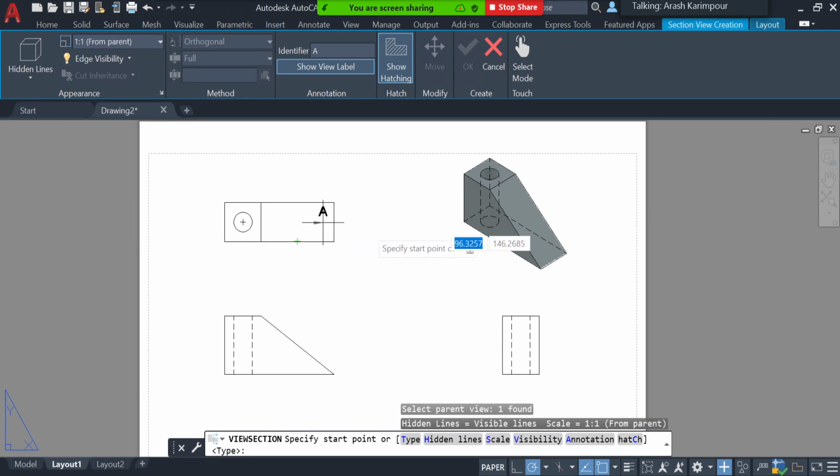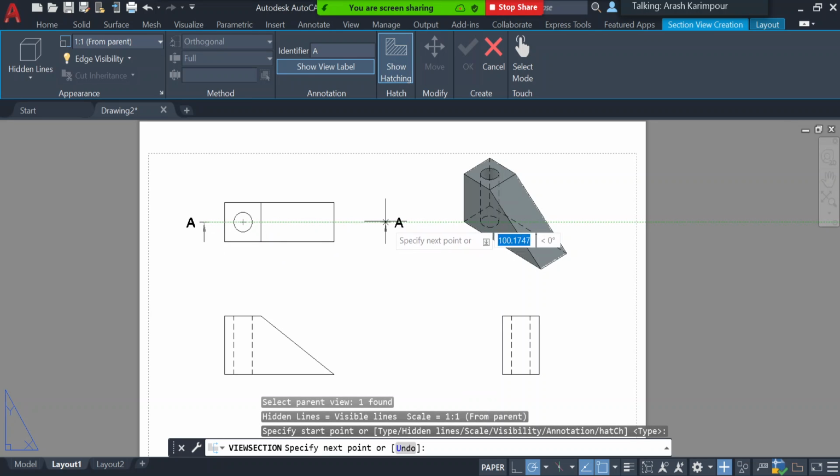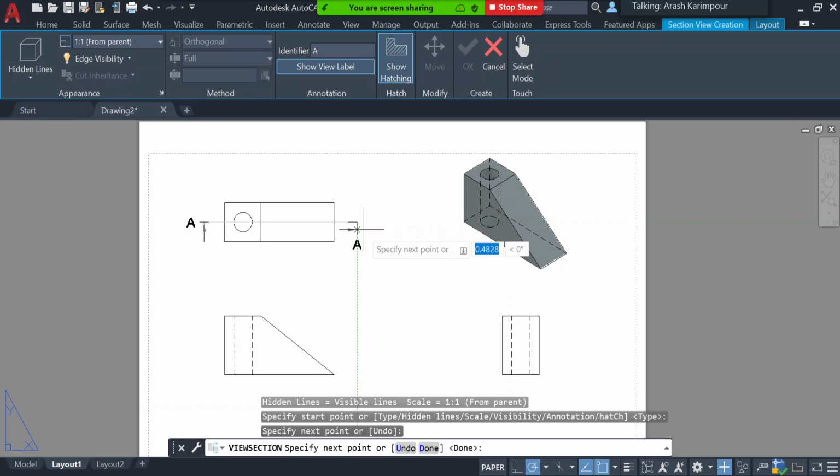So assume I want to draw a section line, as I said, going through the center of this drawing. So I hold my mouse here, I bring my mouse here, so it's the start of my section line. It's going to be the end of my section line. And if I have a more complicated section line, I can keep clicking to continue the rest of the section line. But here I just have the simple straight section line that goes through the center of that drawing from top